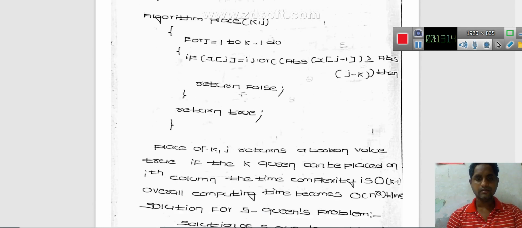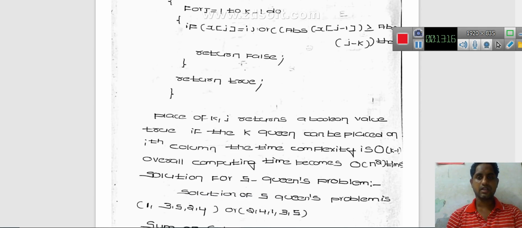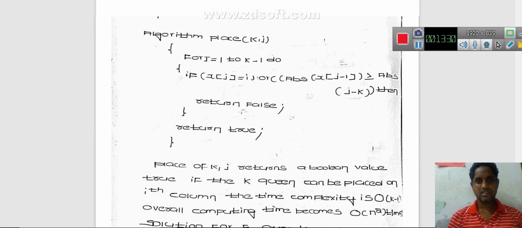Okay, that is Place(k, i) returns a boolean value true if the kth queen can be placed in the ith column. The complexity is big O of k minus 1. The overall time complexity becomes big O of n squared. Okay, so it is the algorithm NQueens(k, n), for i equal to 1 to n, if Place(k, i), then x[k] equal to i.